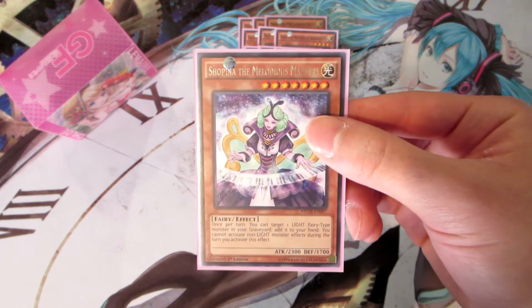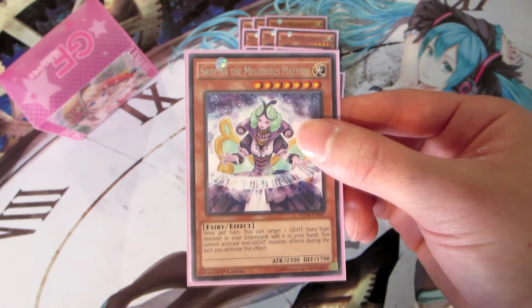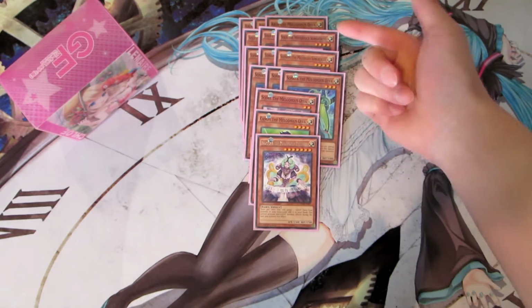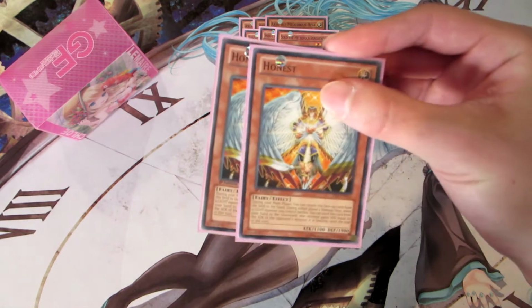Next off, we play 1 copy of Sopina, the Melodious Maestra. She just allows us to recover cards from the grave, gain advantage, very, very strong card, especially because we run Solo, so you can summon her straight from the deck and not have to worry about drawing her unless you open up with her. But yeah, very, very strong card. Makes it even stronger,